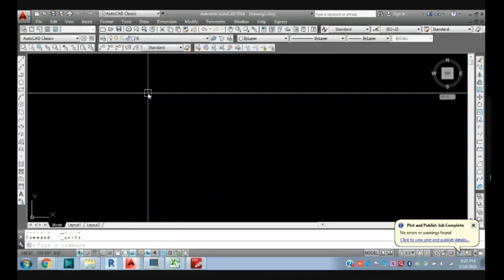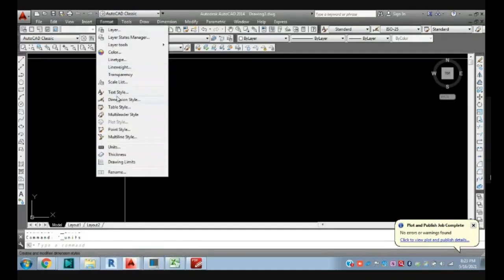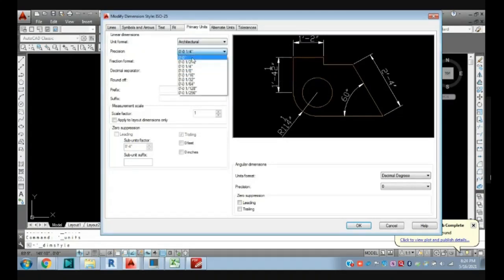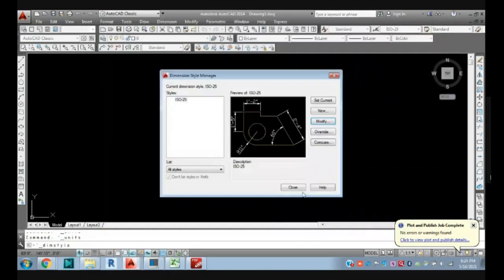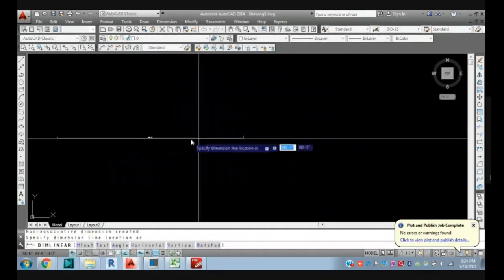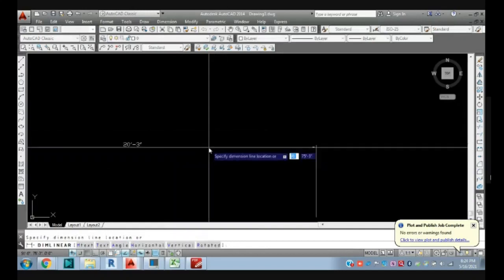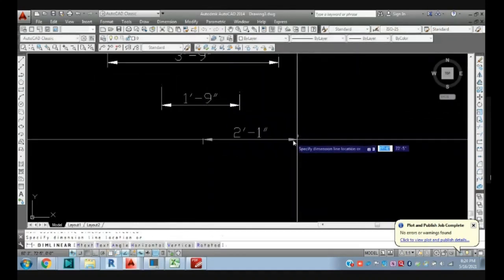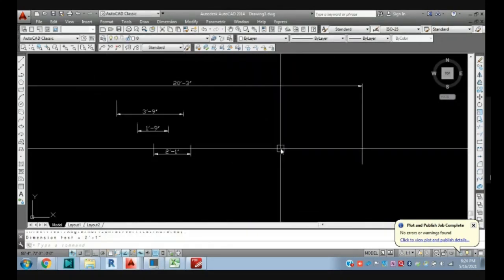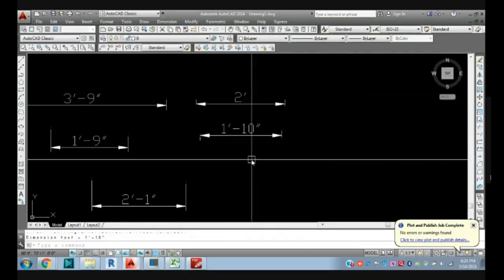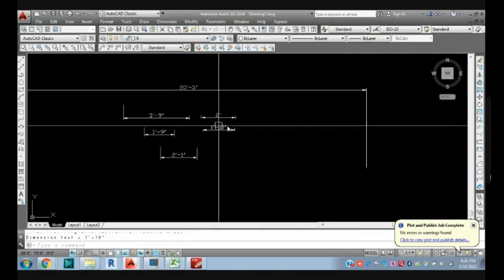Then you need to go to dimension settings again. Go to Format, click on dimension style, click on modify. You need to set engineering, architectural, and give 0 feet 0 inches here. Click OK and set current. Whatever you have drawn, if you give the dimension, it comes in feet and inches. It depends on your project, on which drawing units it uses. Once you know it is imperial, you can set all those settings as per your project units, right?